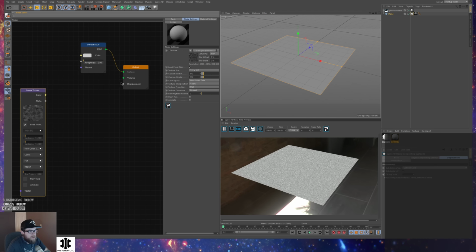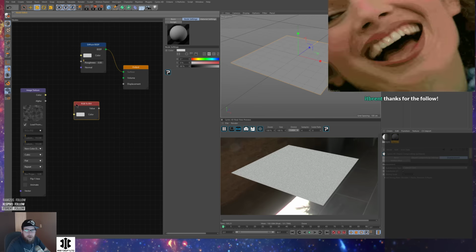But to get it into this little node section right here, this displacement section, I want to be sure that only black and white values are coming in just to make sure anything I put in there comes through as a correct displacement map. So I'm going to go ahead and right click, create a converter, RGB to black and white. This is going to convert any RGB color data into